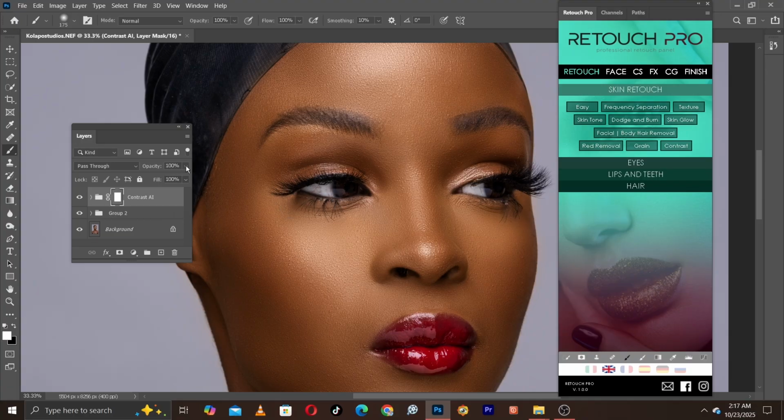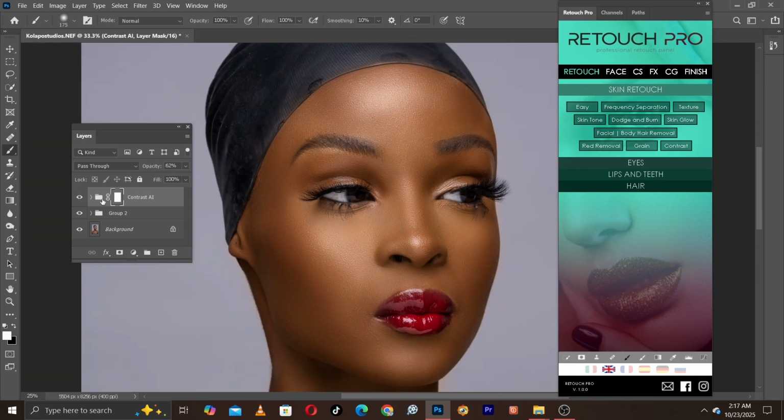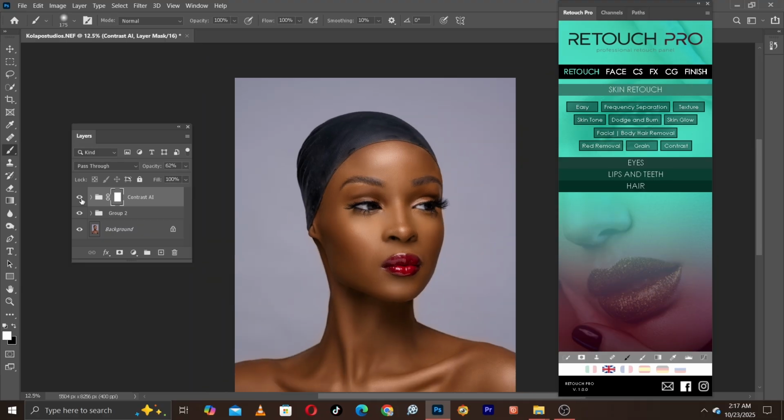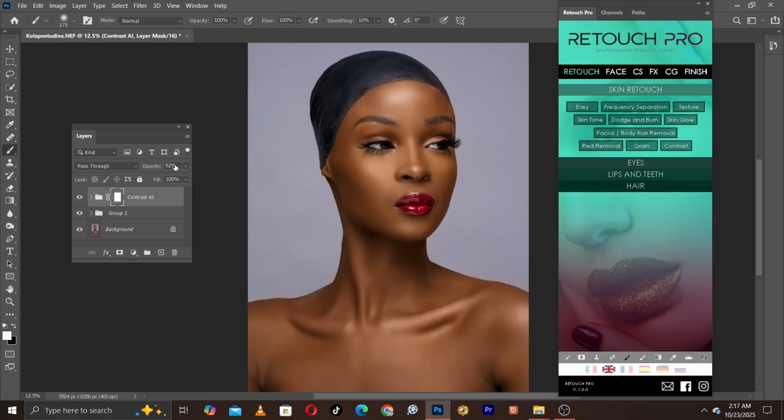And remember, if it's too much, you can play around with the opacity to get the best results. So I think around 53